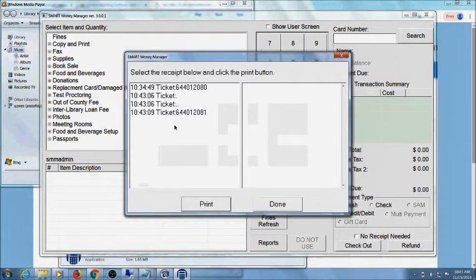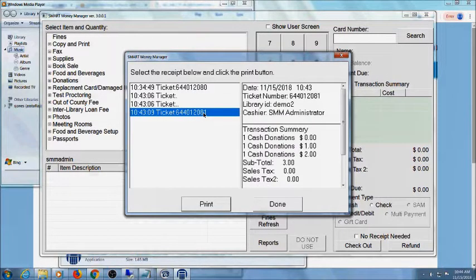Now when I say ticket, every transaction gets stored in the database and assigned a unique ticket number. The ticket number is going to start with what we call your point of sale or your Smart Money Manager ID. So this register in this case is 64401. 644 being the branch code, and 01, the following digit, will actually match the credit card terminal ID on that station. So that's what the beginning ticket number will start with, and then there'll be a sequential